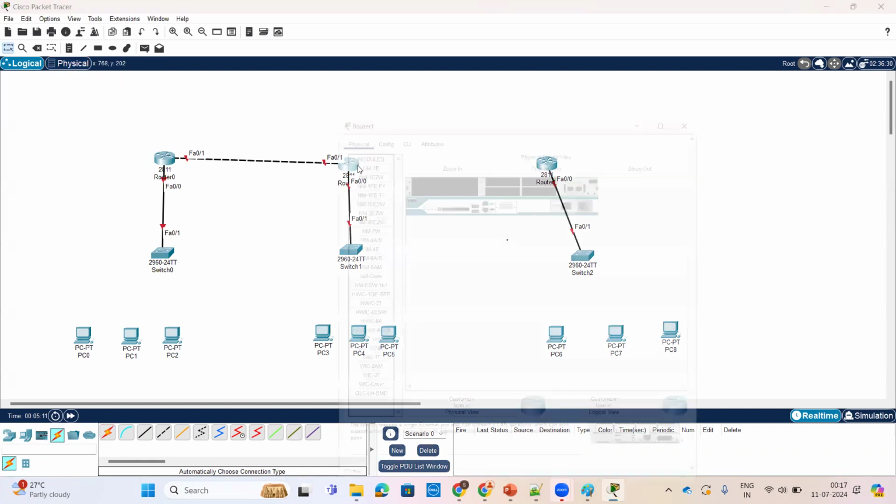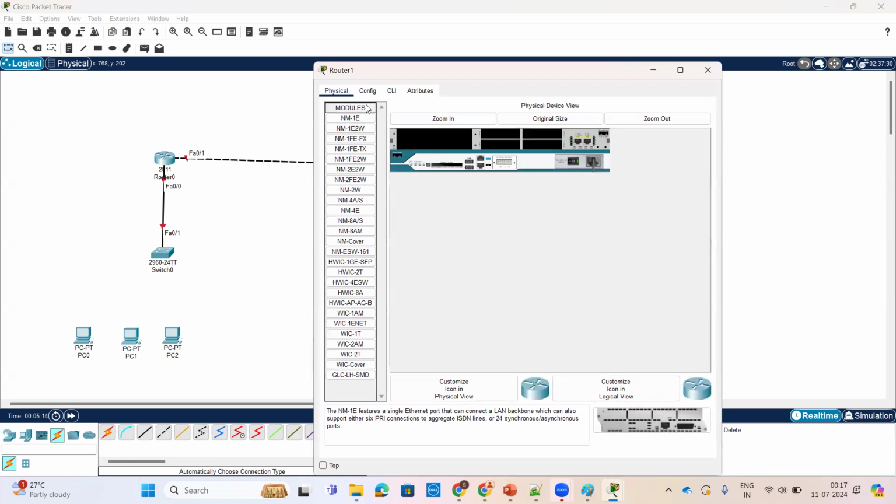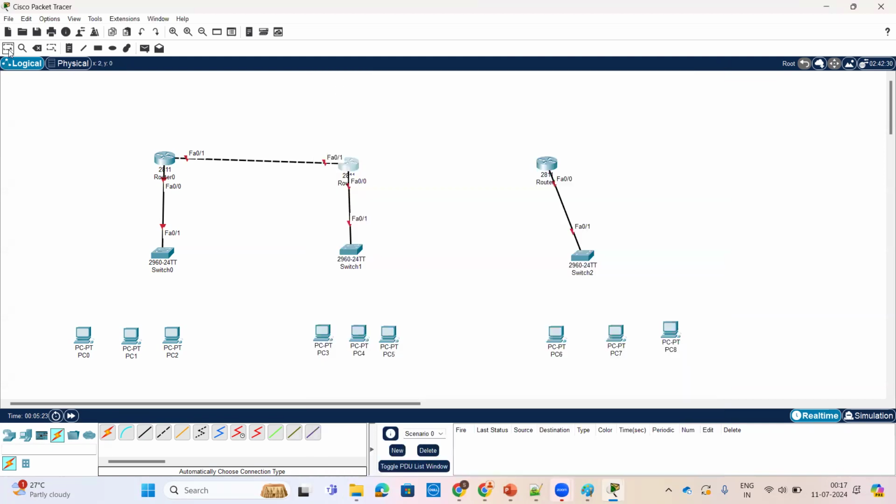So here we don't have ports, then move to the physical connectivity and select the first switch on the router, with physically here. I'm showing. So what is the issue? Whenever I'm trying to connect the ports, see here, the cable cannot be connected to that port. It means this router has only two ports. So